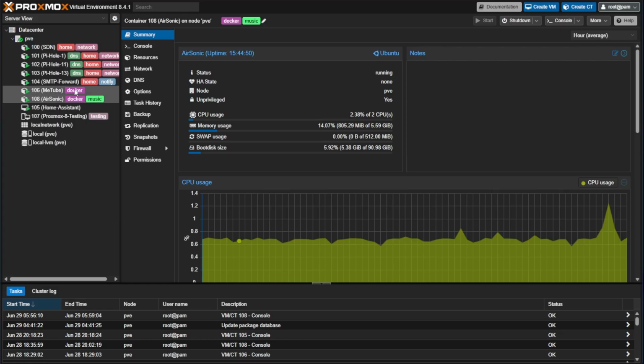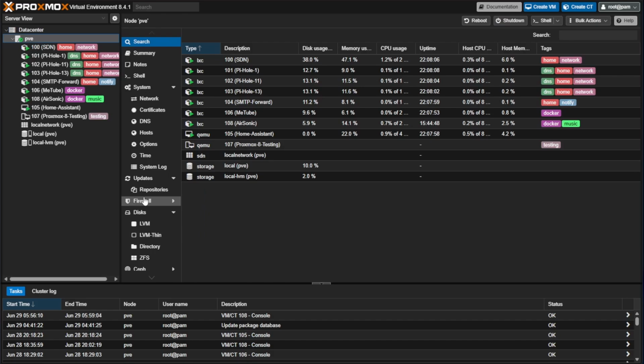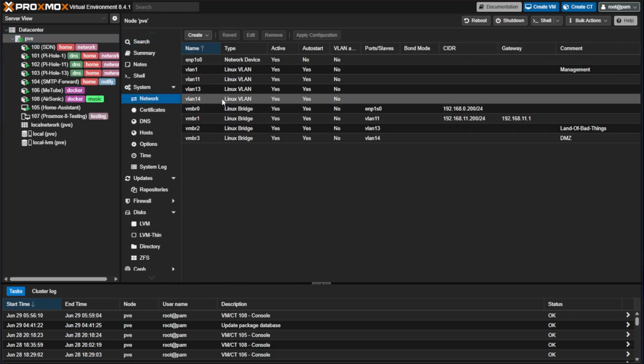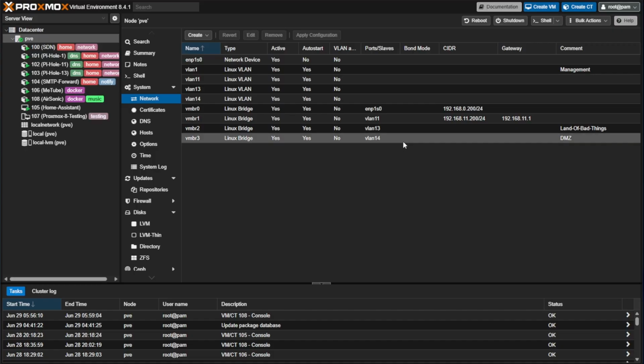We've also added a new network to our network configurations, VLAN 14. VLAN 14 is going to be designed for things that I'm going to port forward out to the internet. And we had to do that because of our pretty little Airsonic container here. We'll get to that more in a minute, but on our other side, we also had to add some